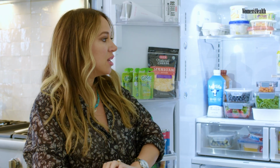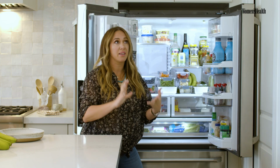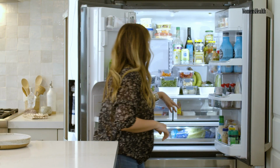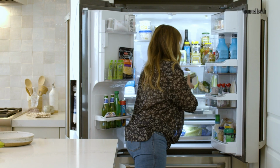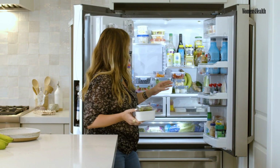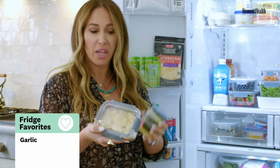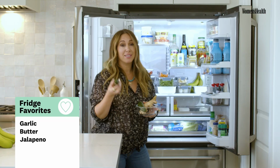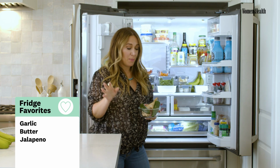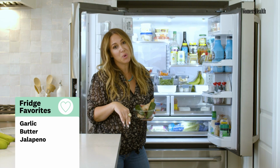I tend to always keep a lot of cooking ingredients. A lot of times, I will look at my fridge and figure out what I'm gonna make for my family that night by either defrosting a steak or picking up a piece of salmon at the store. So for my family tonight, we're gonna have salmon. I marinated it this morning, but I always tend to keep ingredients, so garlic, butter, jalapeno, I tend to always have on hand. I love sauteing this really quick in a skillet, putting it on top of avocado toast in the morning,